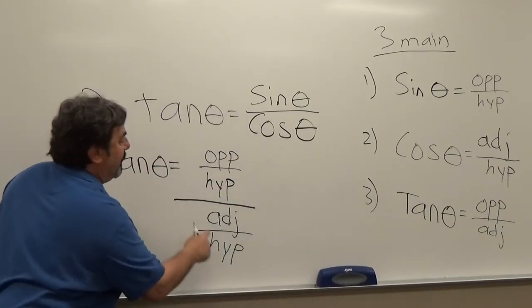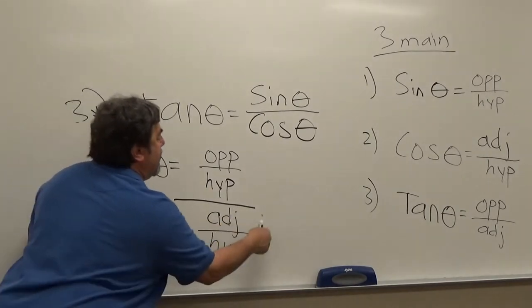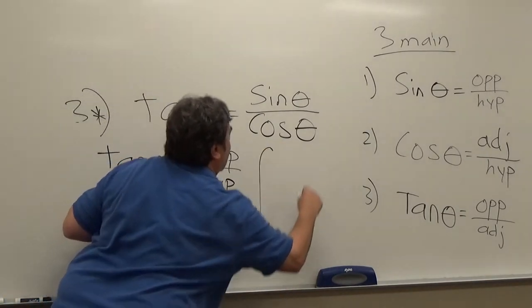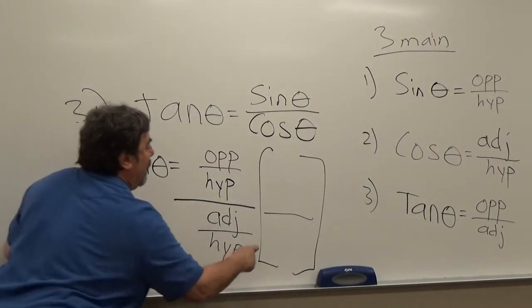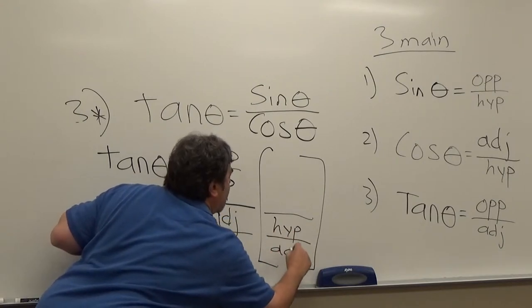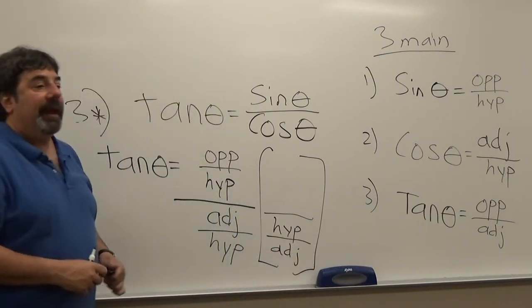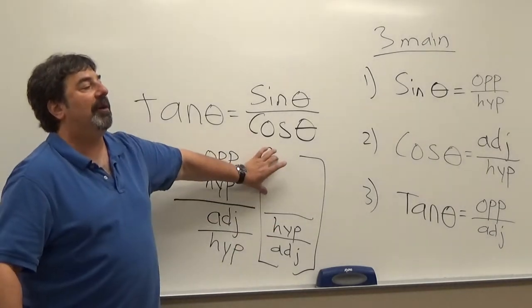Okay, and I'm going to take the reciprocal of the denominator and I'm going to place it right next to it. I'm going to make a little construct right next to it, and I'm going to take its reciprocal and place it right here, hypotenuse over the adjacent, and then I'm going to take this and copy it over itself,